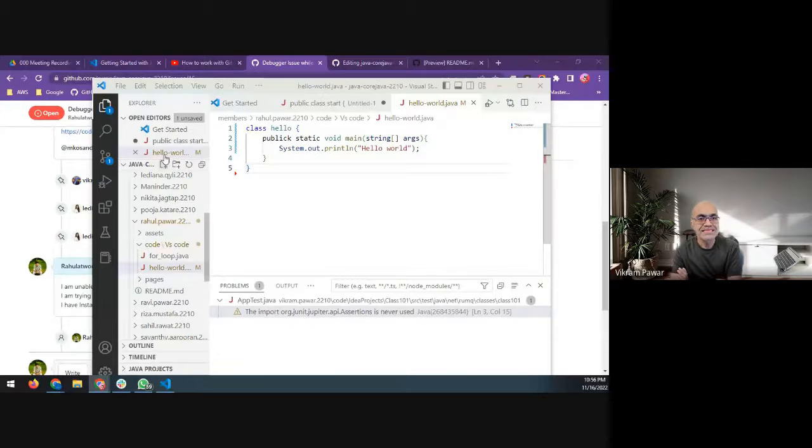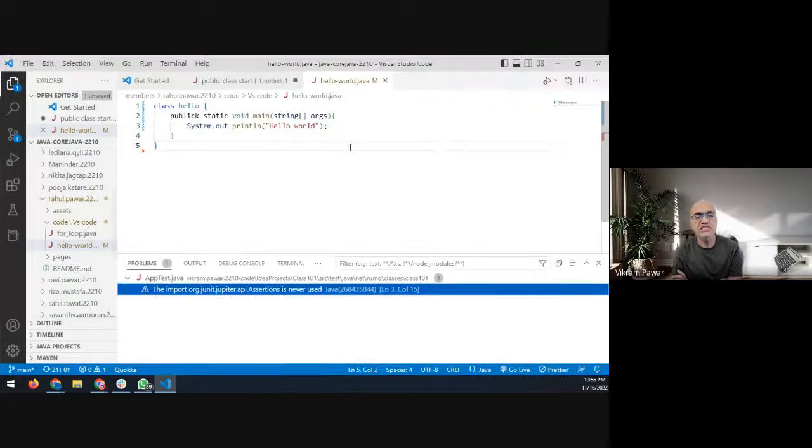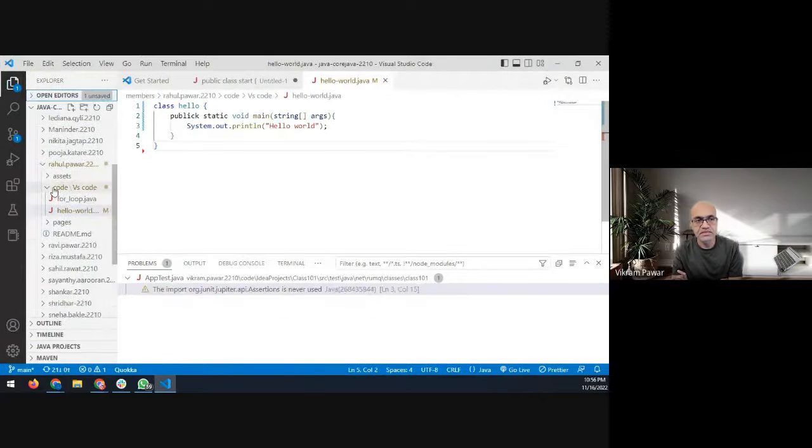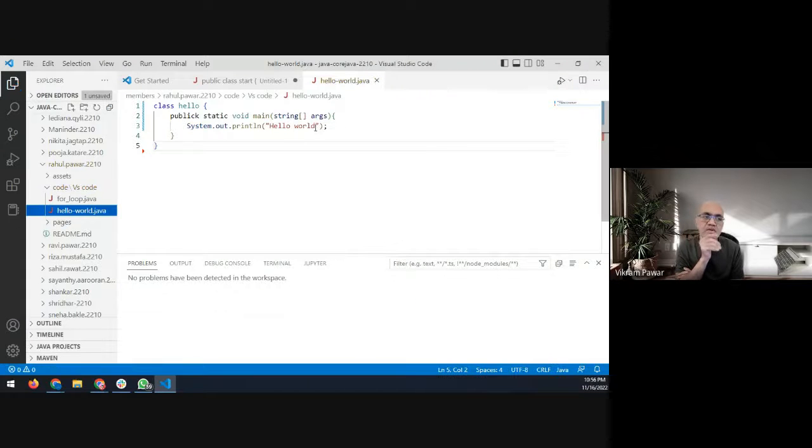So where is your program located? That's what I said. I suggested you try exactly what they asked, right? So close everything and create one folder, separate from the Git folder somewhere, and then open plain Visual Studio Code, close everything and start right from the beginning. We'll do it. Close this project.